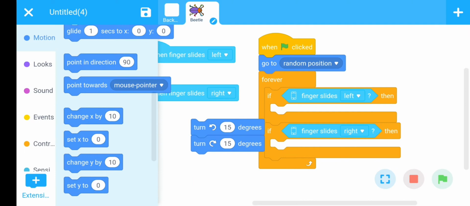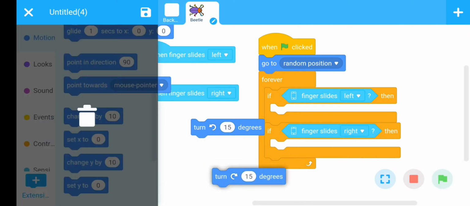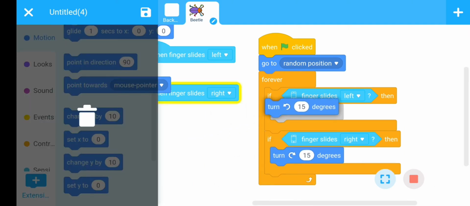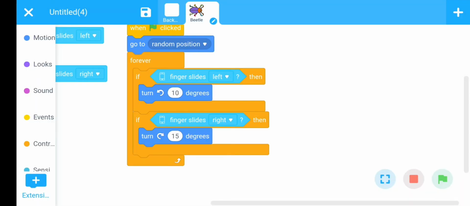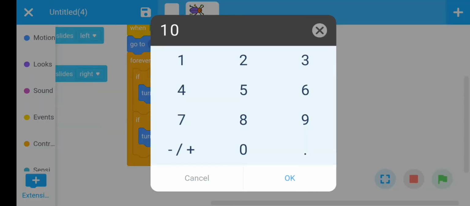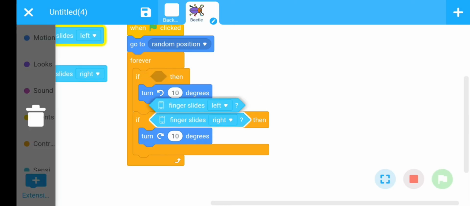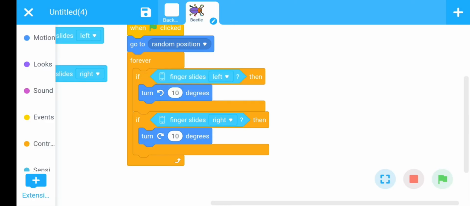Use this command respectively in the right loop and left. Replace 15 with 10. Here this number represents 10, 15, 5. This number represents whenever we slide the finger on the screen, how much turn the Beetle takes.